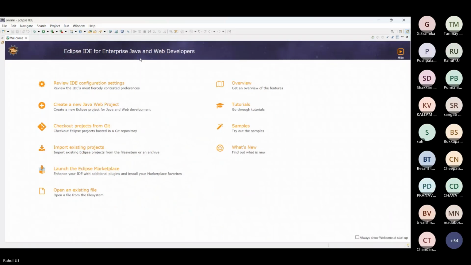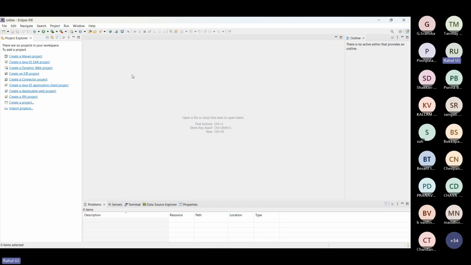Whenever you are using Eclipse for the first time, this will be your opening screen.